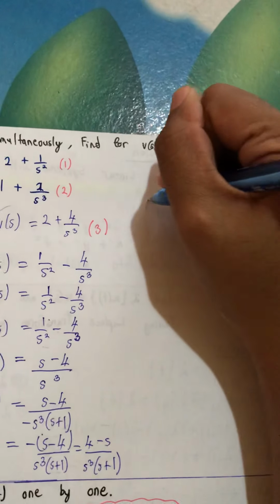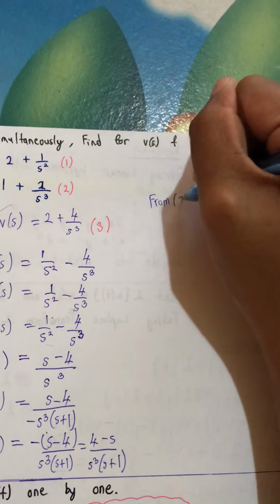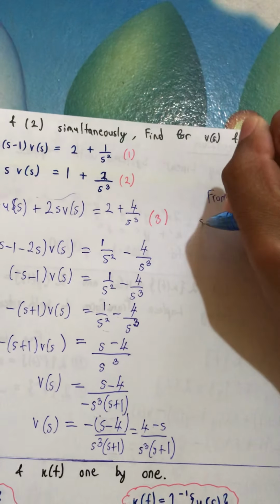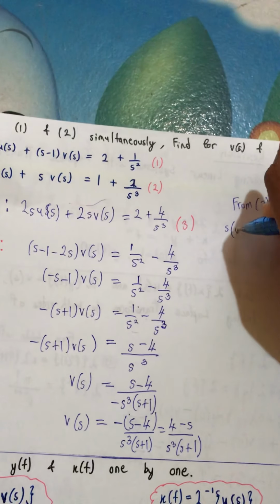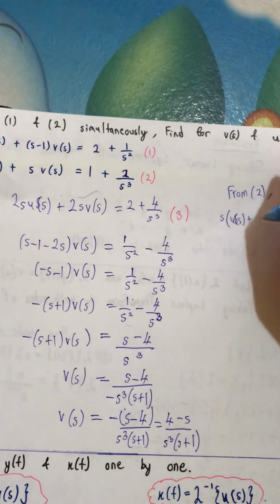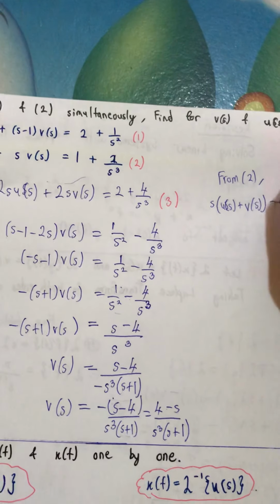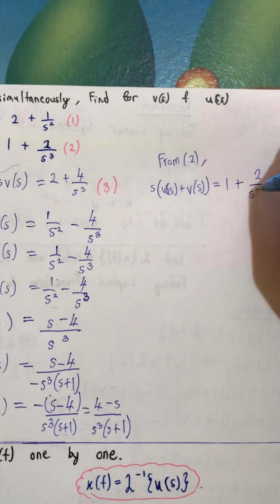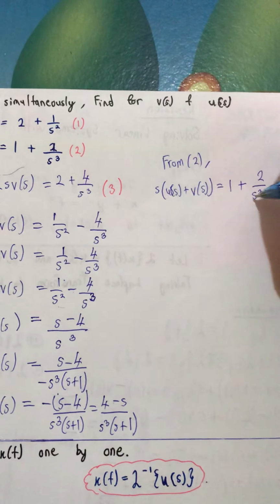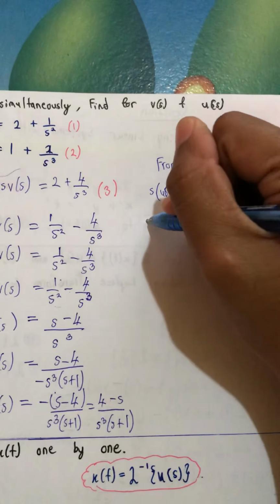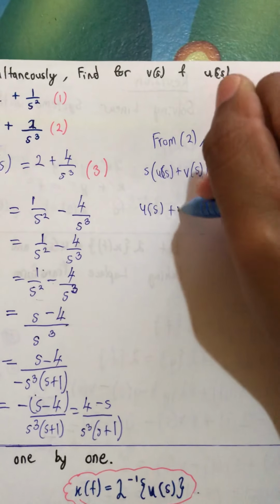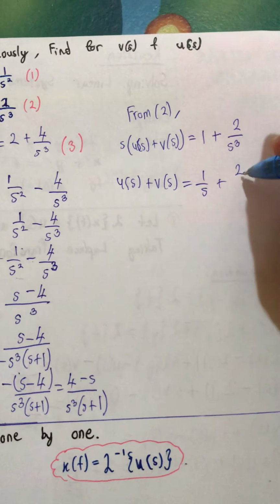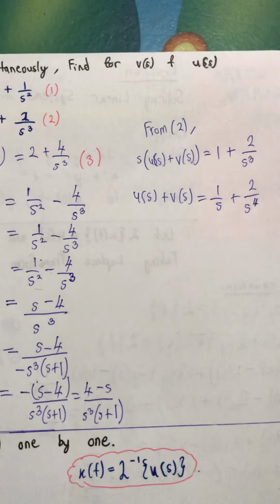So here from 2 we can factor out the s, so we get s equal to us plus vs equal to 1 plus 2 over s cube, and then we can move the s into the right side, so we get us plus vs equal to 1 over s plus 2 over s power of 4,